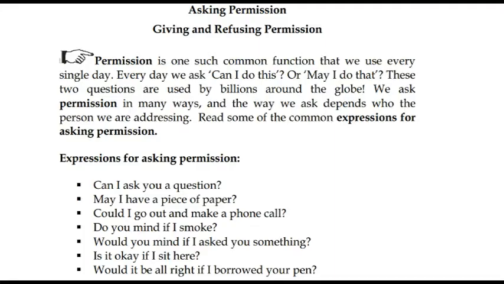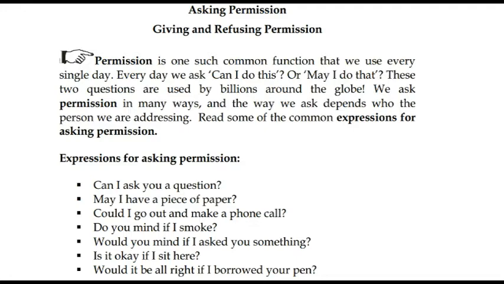Obviously, asking for something and allowing it and denying it is part of everyday life. Every day we are forced to seek permission of our elders to do something, and there are many times that we are granted permission. However, there are some times that we are refused permission. So billions of times in a day around the globe, this asking for permission, granting permission and refusing permission is going on. So now the question is, how do we ask for permission?